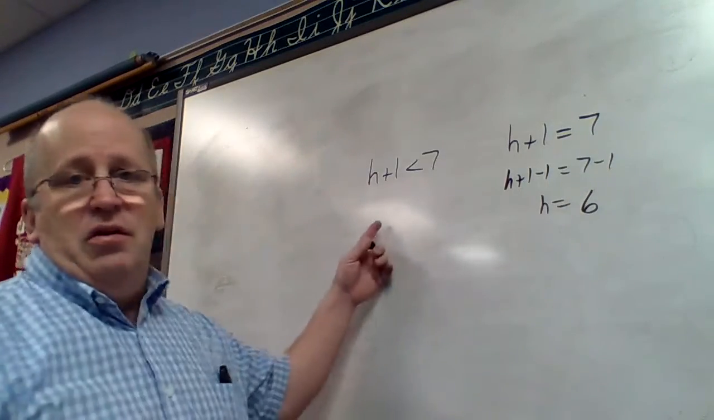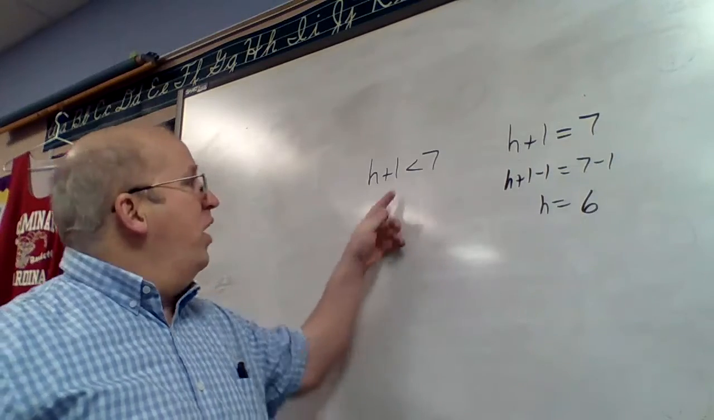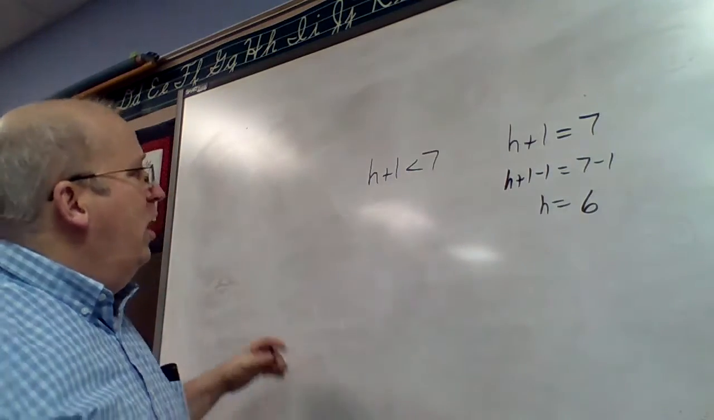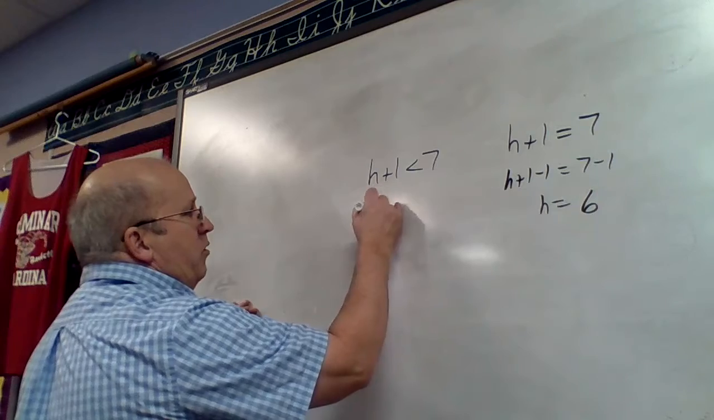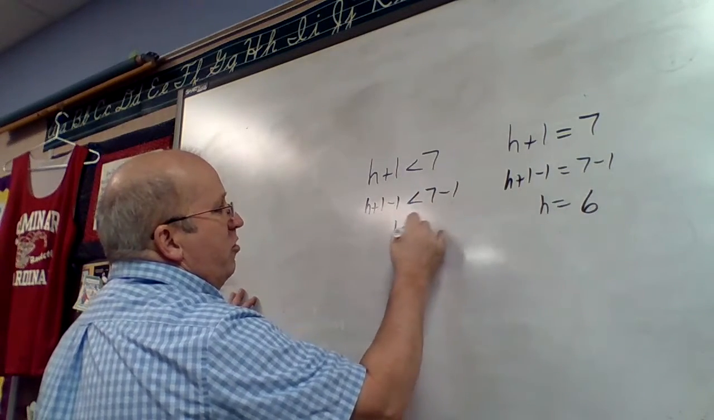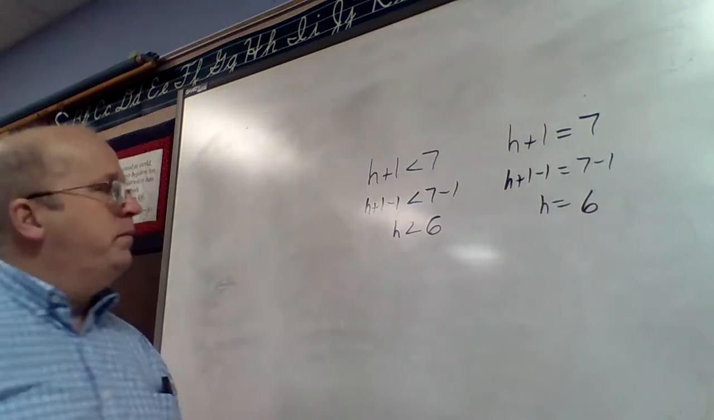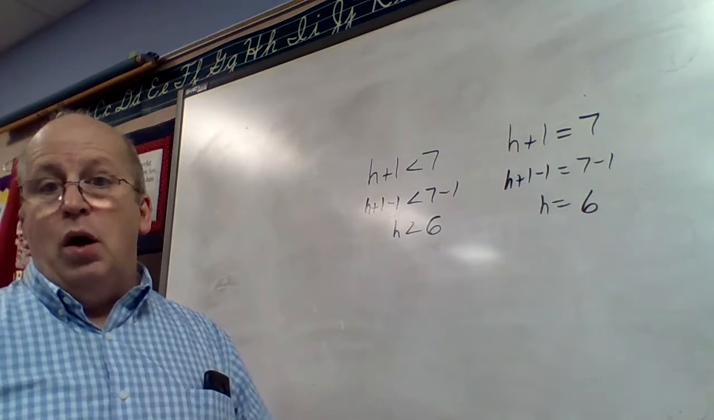Guess what? You do this one the exact same way. You just simply ignore that inequality symbol until you're done, right? So I'm going to do h plus 1 minus 1 is less than 7 minus 1. h is less than 6. Done. Now, if you wanted to graph that,